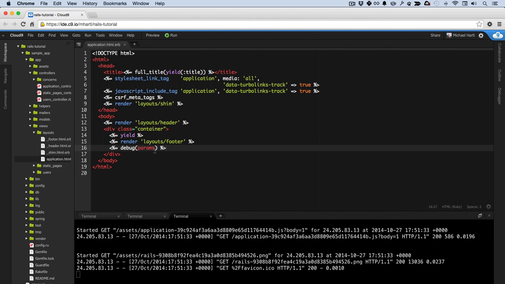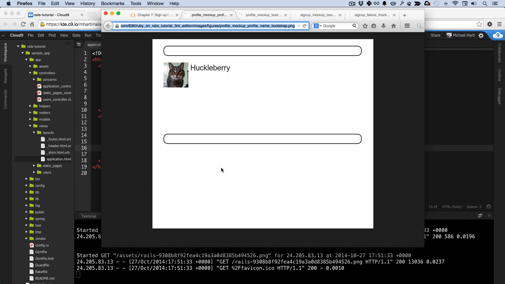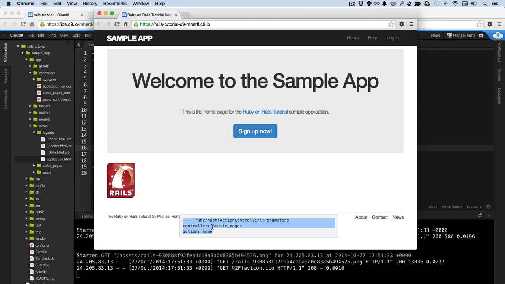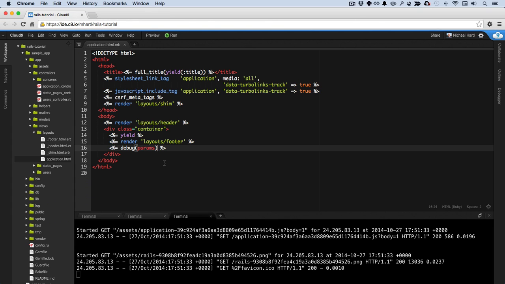You notice that this says debug params, but if you think about this information, it potentially could be quite sensitive. It might have passwords or so on. Certainly, we would not ever want to display this on a real site. So one of the things we want to do right from the start is only display this in development. So this is a development environment, and I can say interpolate into the template debug params if the Rails environment is development. So the way to do that is with rails.env,